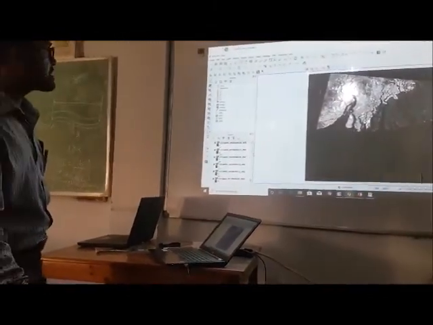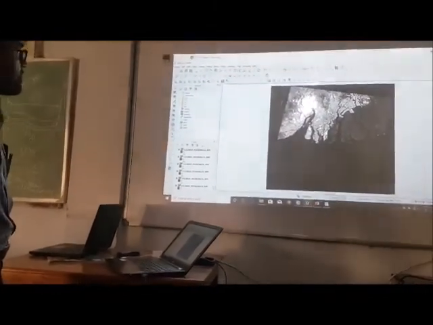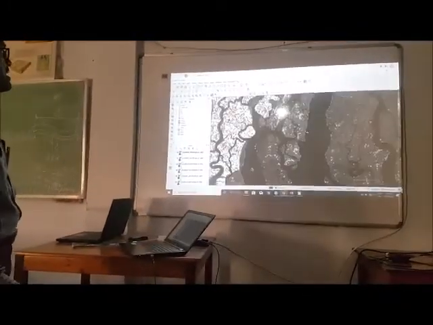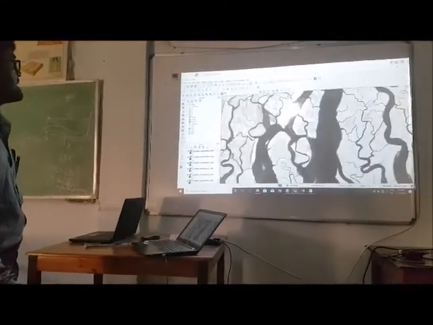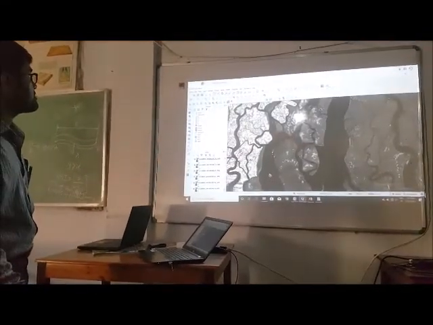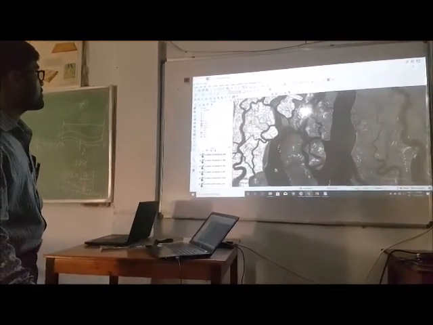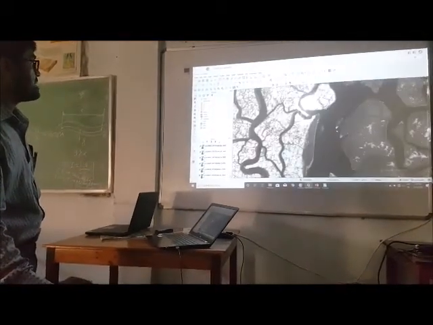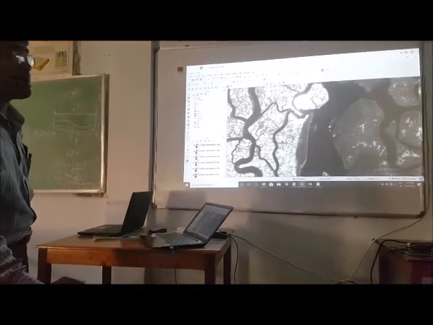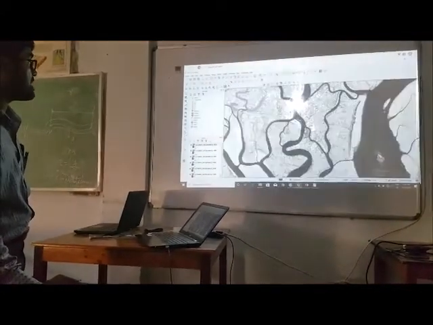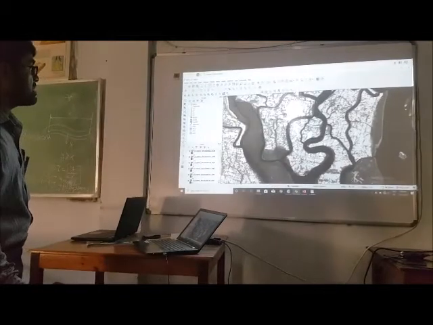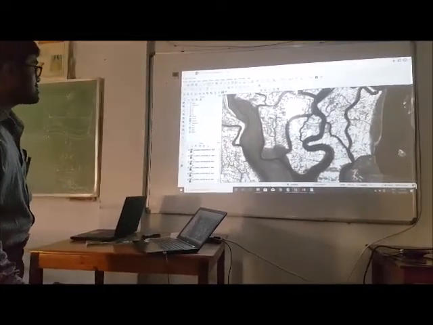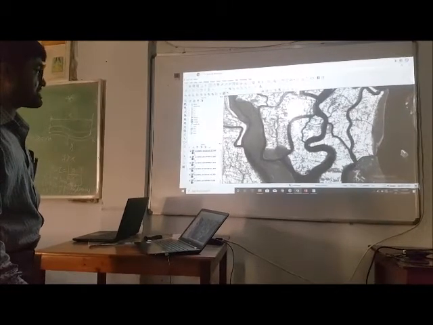Now this is the top band, band 7. Here we can detect the bare part, that means the area where settlement, water body, and vegetation none of them exist.